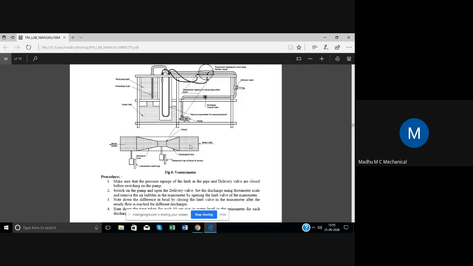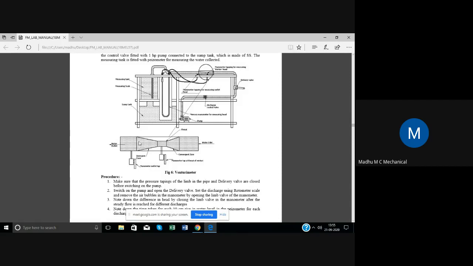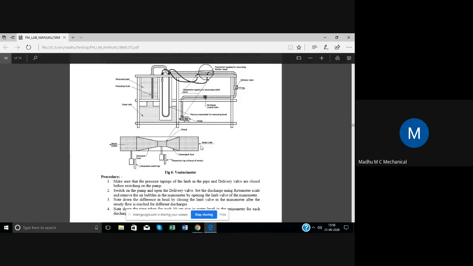Because water comes from here with low velocity and the pressure is high here. Because area is decreasing, pressure increases. And the low velocity water comes to the throat. And then from there it comes here and comes to the exit. Observe that near the exit, the area is larger. If area is more, pressure decreases and velocity increases. So the velocity comes out like this, high velocity. So what is the ultimate result? Low velocity fluid like water is converted to high velocity.